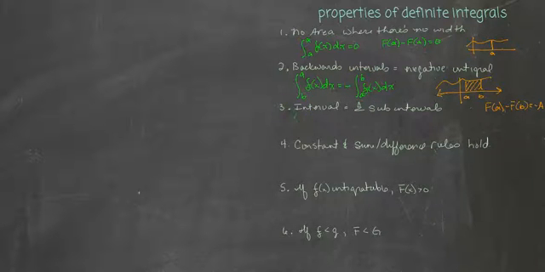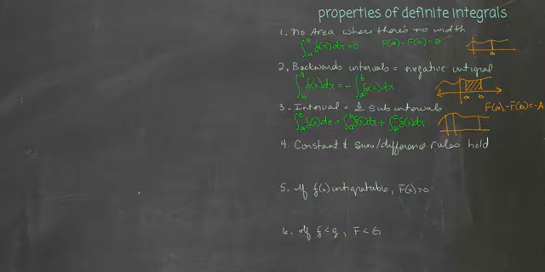So the next one comes in very handy with a lot of the calculations we'll be doing. It says if you're evaluating on some interval from a to c, that you could break this into subintervals. So this definite integral would be equal to the integral from a to b of the same function, plus the integral from b all the way to c of the same function. And this is also pretty intuitive. If I sketch it up real quick,